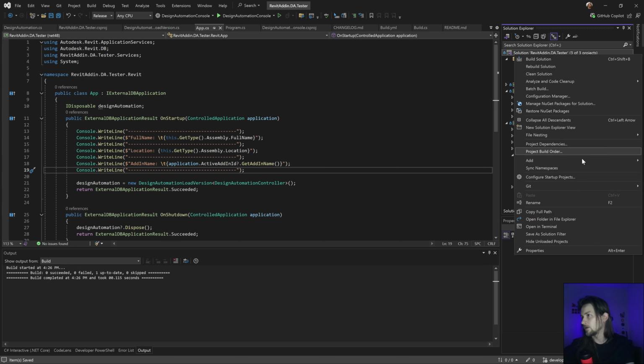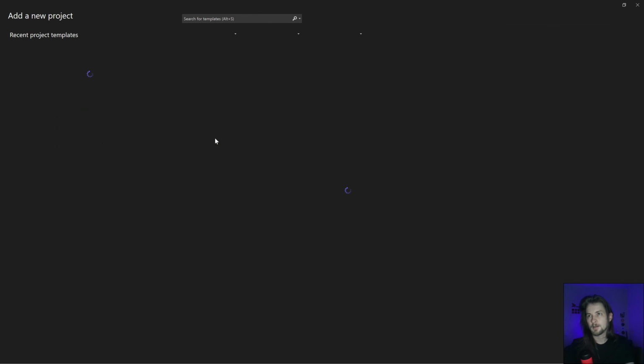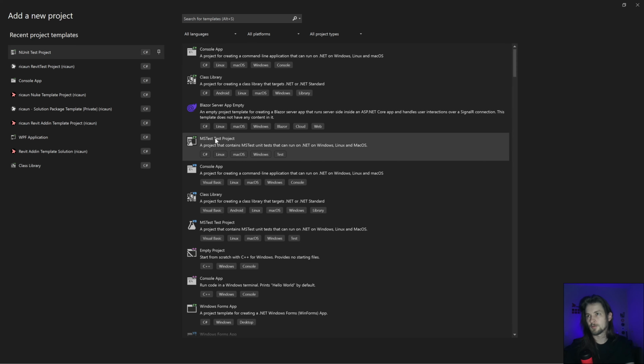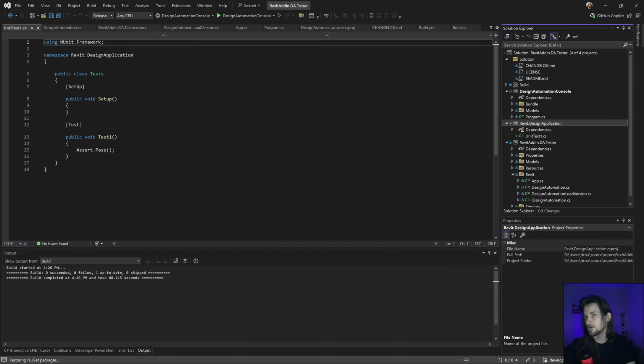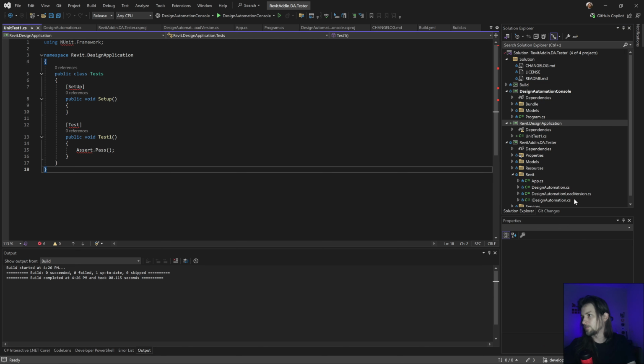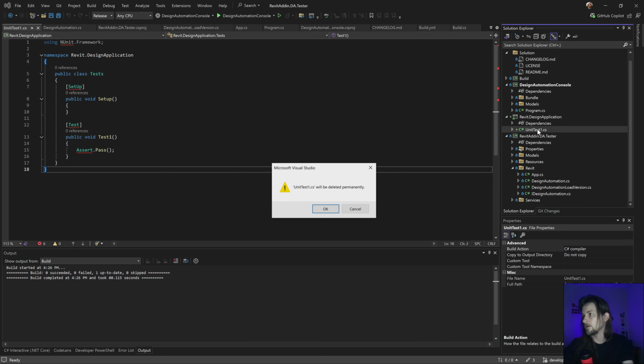Let me think. Let's go in new project. Let's create. Could be this one. It's not going to be an issue. Revit design application. Looks like you're going to do this name. Yeah, it could be this version. I'm going to change anyway. Okay, I'm going to basically delete this.